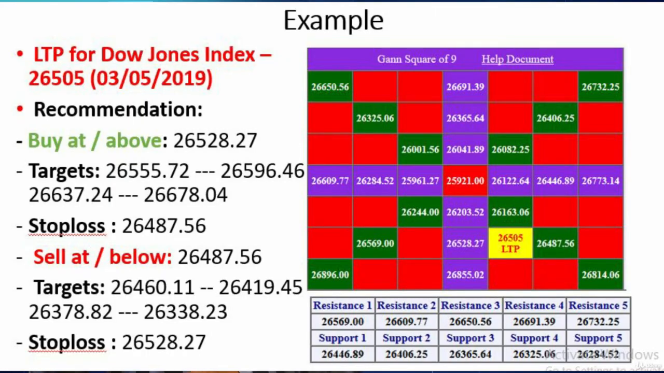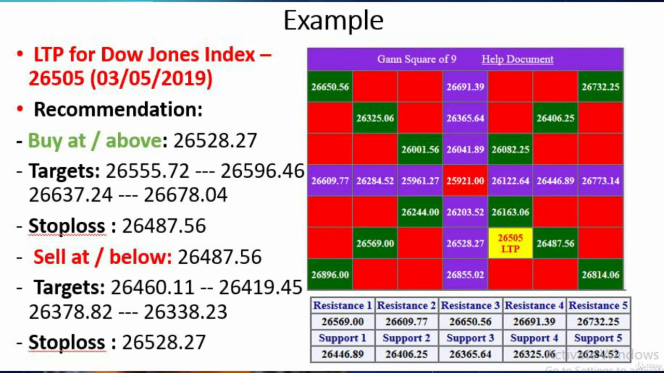missed. Now we take a simple example and understand how we take a trading view by using Gann Square of 9. We again take an example of the Dow Jones Index. The latest trading price of the Dow Jones Index on 3rd of May 2019 is 26,505. Now we put 26,505 in the Gann calculator and just calculate it. The yellow box shown on your screen is the latest trading price, that is